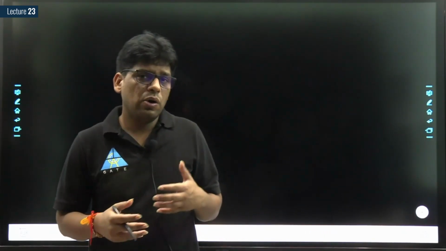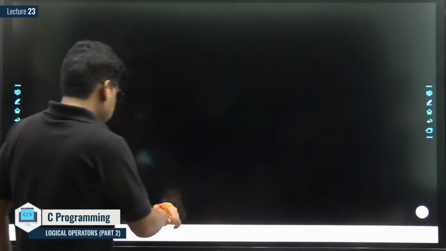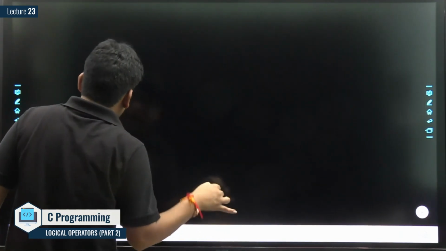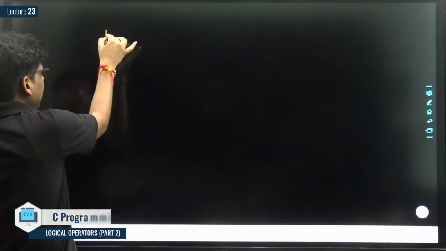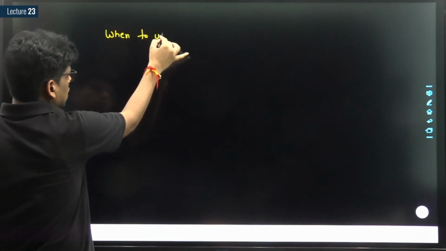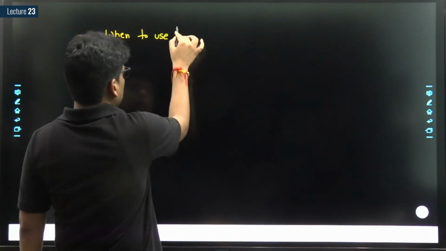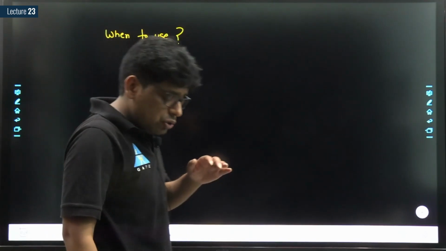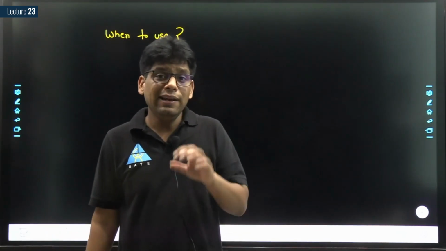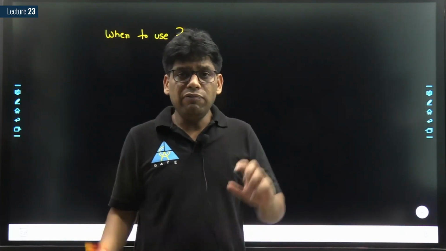So, we have studied logical AND, logical OR, and logical NOT operators, and we know how they work. Okay, sir, but the good question to be asked is, where or when to use logical operators? When should we go for logical operators? In implementation, when we want to connect